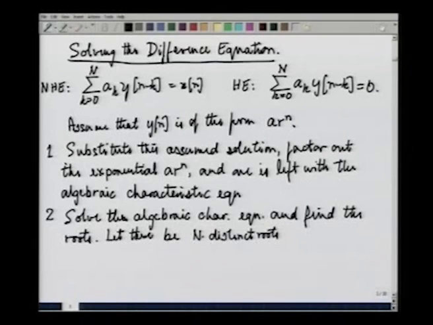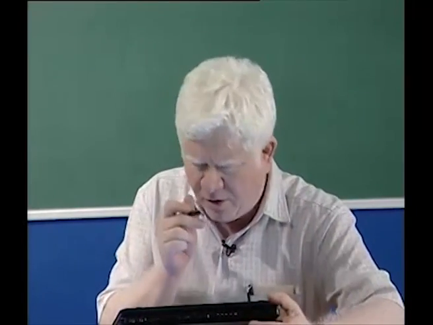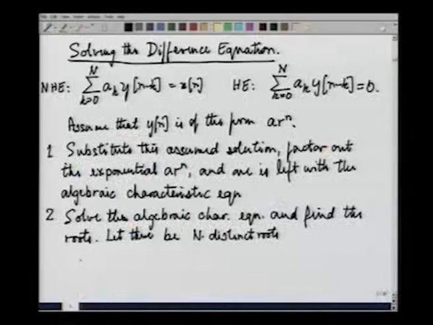If you have n distinct roots, then what you would get is a sequence of n different complex exponentials, each of which would be prefixed with an arbitrary constant. So, what you would get is essentially something of the form y n, where y n is the solution to the homogeneous equation. Please, we have still not even started on the non-homogeneous equation, is of the form